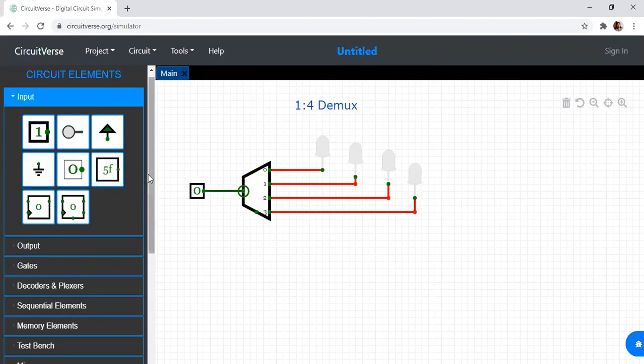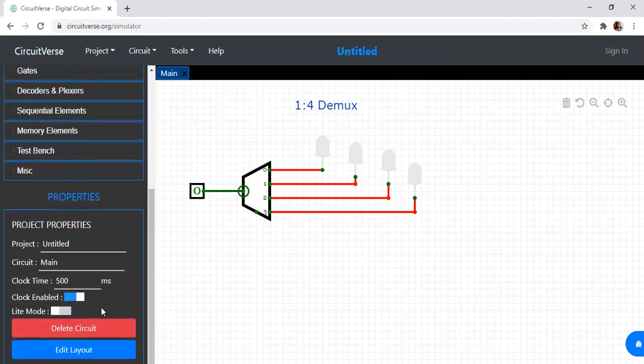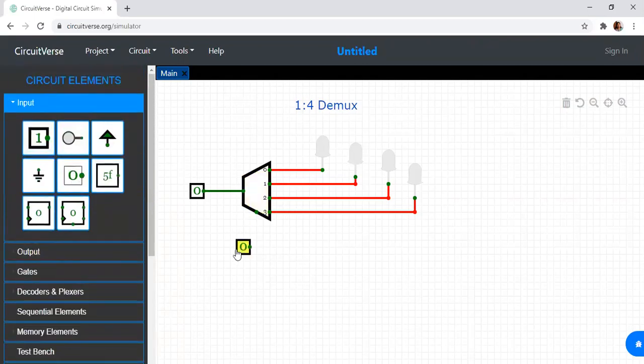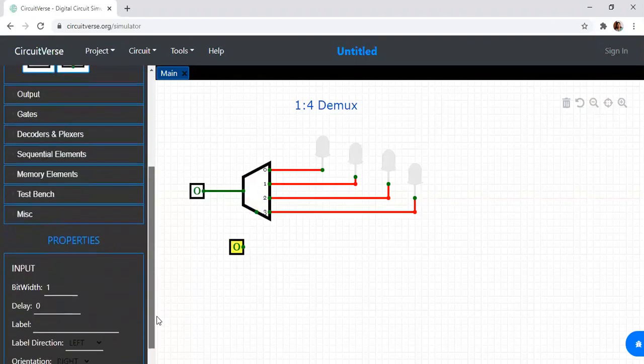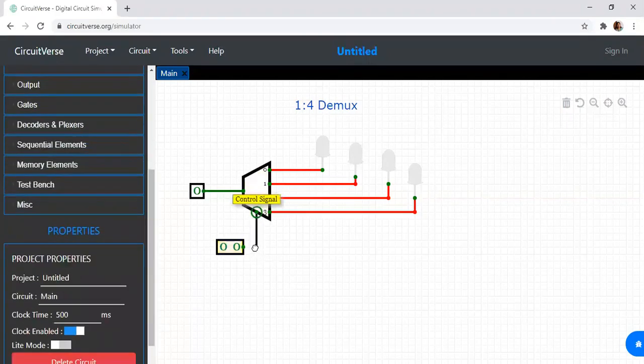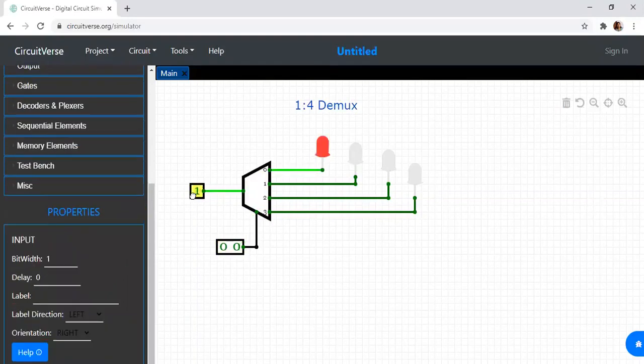So now I have to give the control signal. I have a control signal over here. Control signal is 2-bit in size. So it is a 2-bit control signal. Okay, now what happens? This is D. Let us label it.